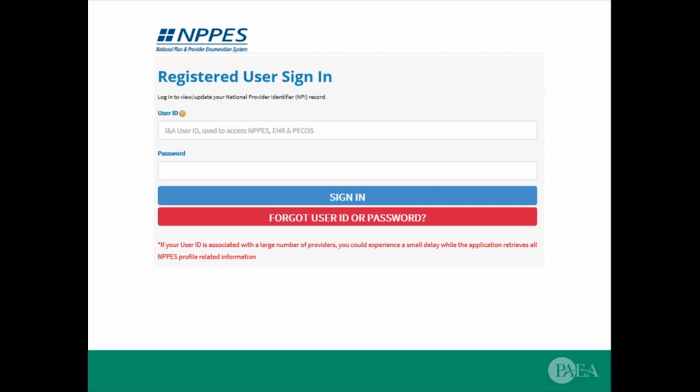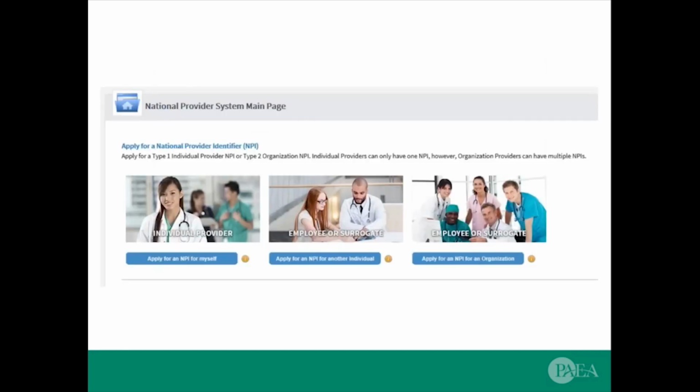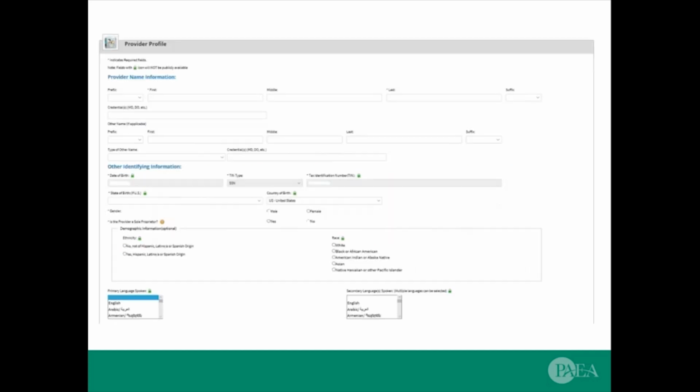Once you sign in, you will be taken to the National Provider System main page. On the left there, under Individual Provider, you will be applying for an NPI for yourself. This would be for a Type 1 Individual Provider NPI. So click on the blue bar that says Apply for an NPI for myself, and you will be taken to